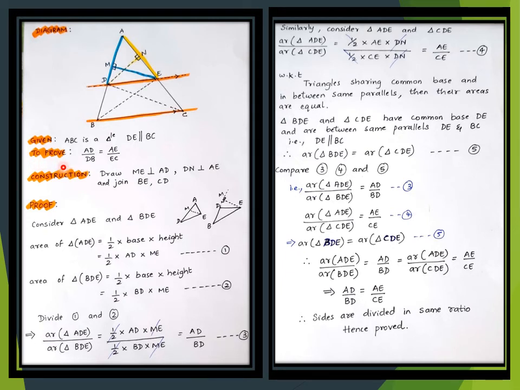To prove this, we require a few constructions. So that will come under the heading Constructions. And always remember, construction should be done using a dotted line. Now here we are constructing ME perpendicular to AD. Then DN perpendicular to AE. After that, we will join BE. B is here and E is here. Join this so that it is going to be line segment BE. Then join CD. So now we are done with the diagram along with its construction. Now we shall move on to the proof.